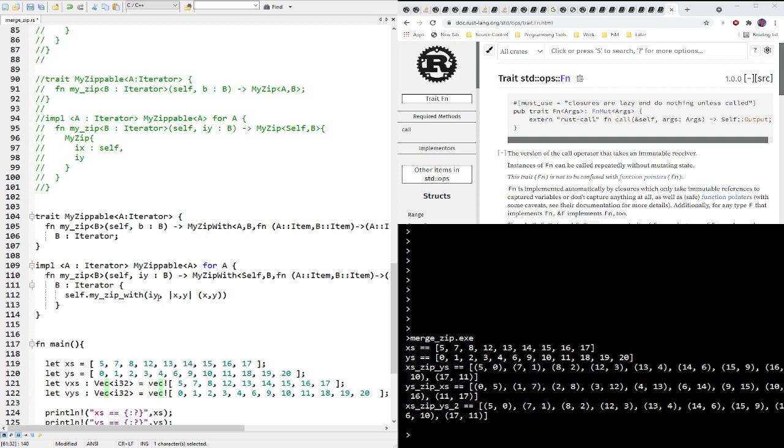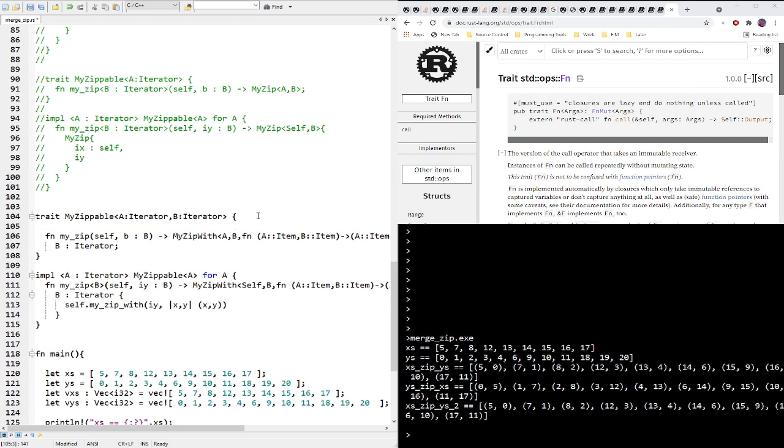Heady stuff. However, this is an interesting point. So here's what I want to try to see if I can clean this up a little bit. Let's say, now I moved my b iterator down into the function here, but I'm going to try something here. I'm going to try doing this. If I put b back out here and take it out of this, right? I'm not saying it's a good idea, but if I did this, then I could say that my zippable has